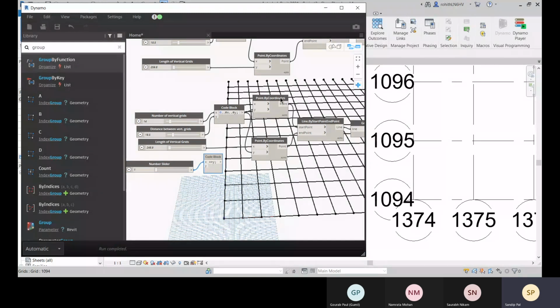Okay, and then it will be like this. So you can choose either X or either Y. So this one is connected towards Y, right?